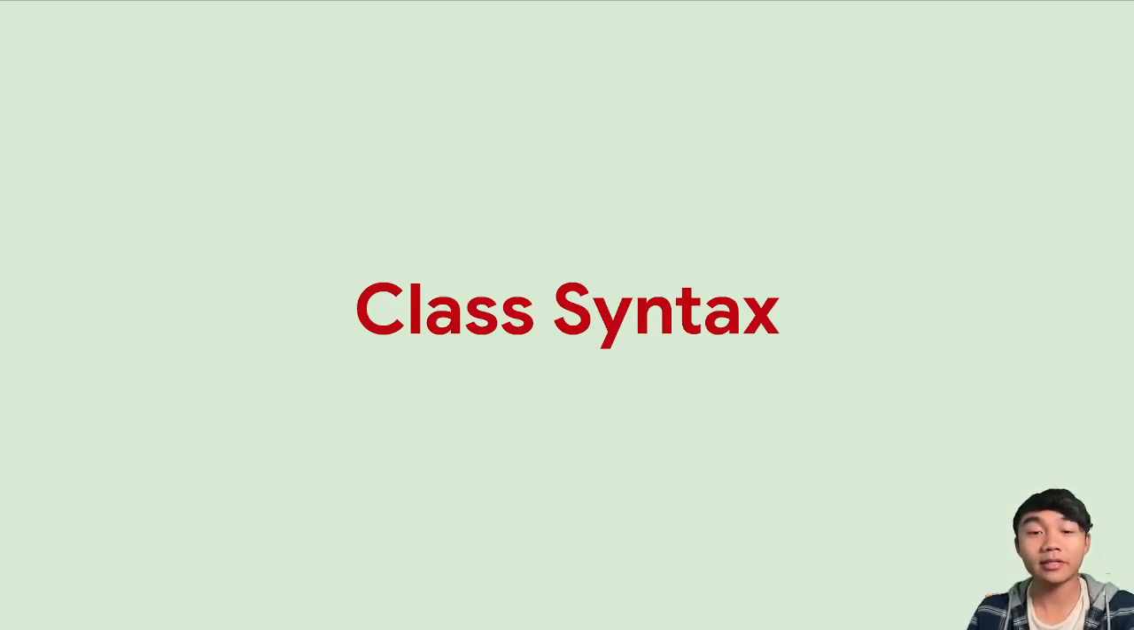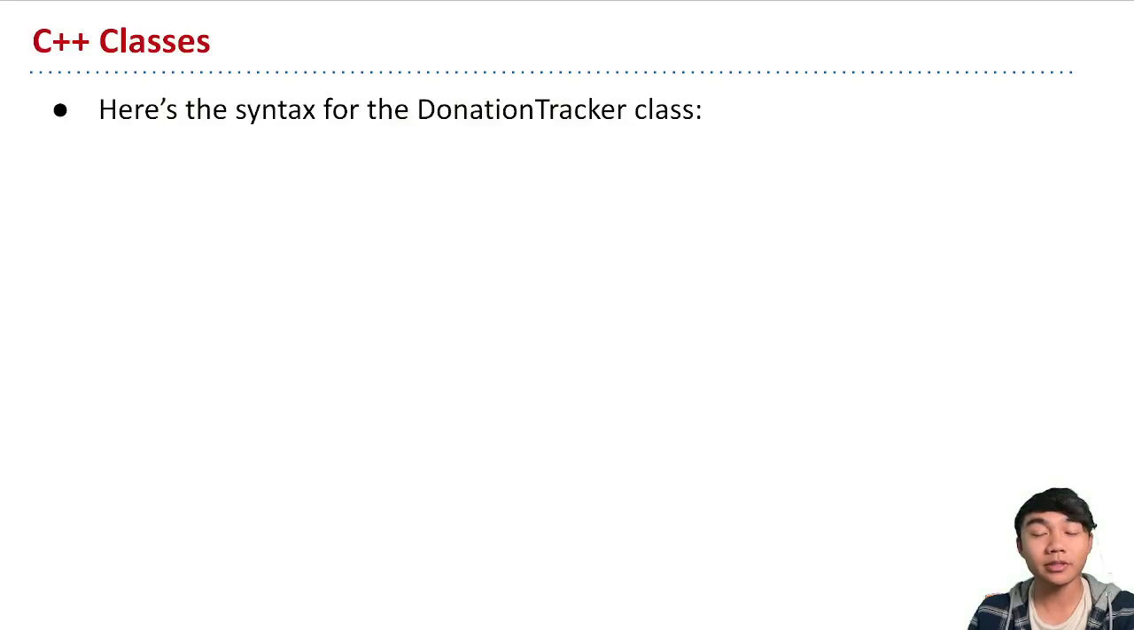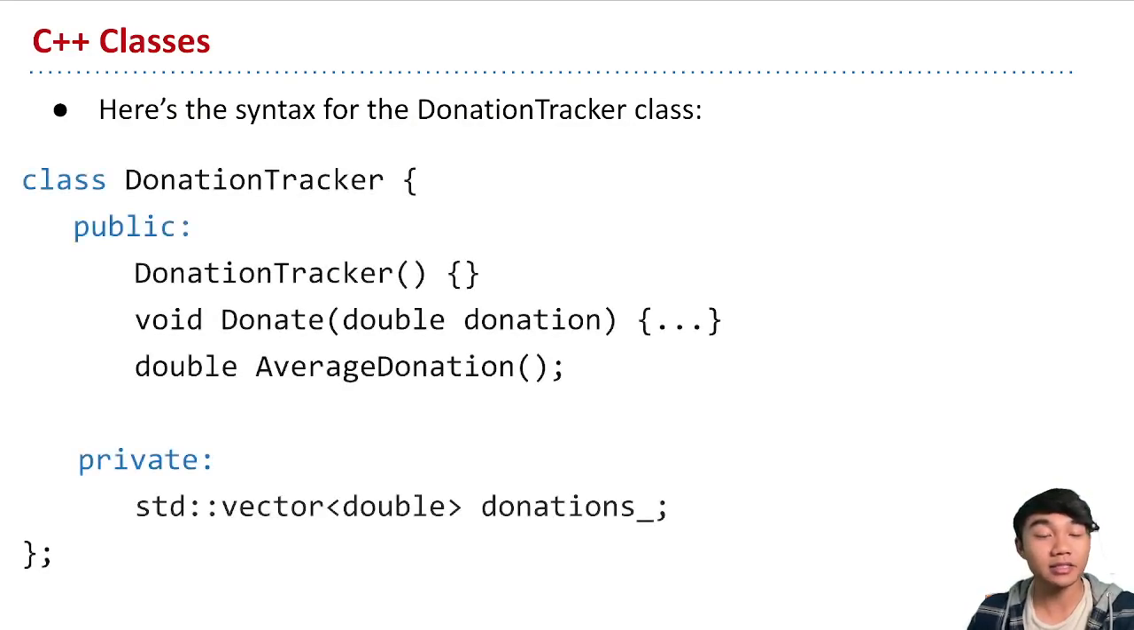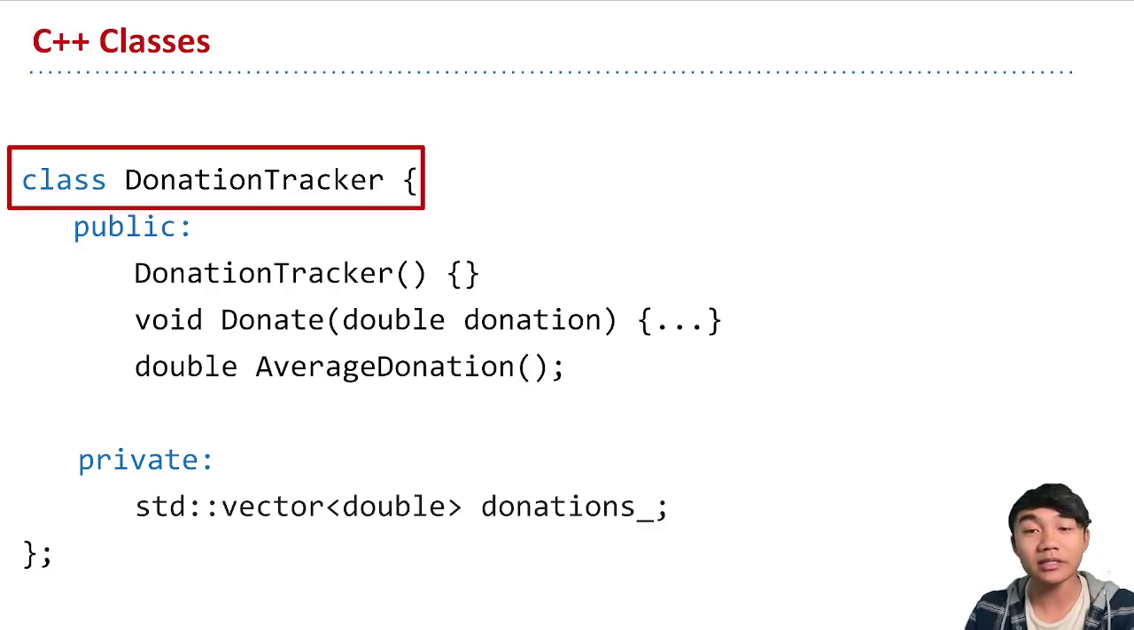Now you've learned about designing classes using class diagrams. So now let's see how we can write a class with real C++ code. We're going to use the donation tracker example on the worksheet, and we're going to break down the syntax for this donation tracker class. So the first thing that you see is this class keyword, which we use